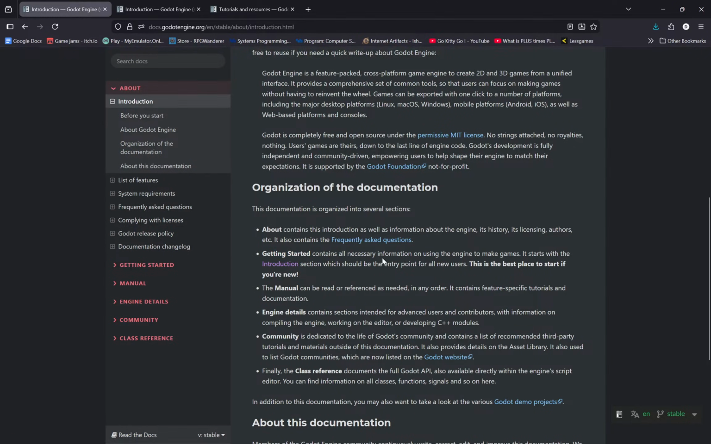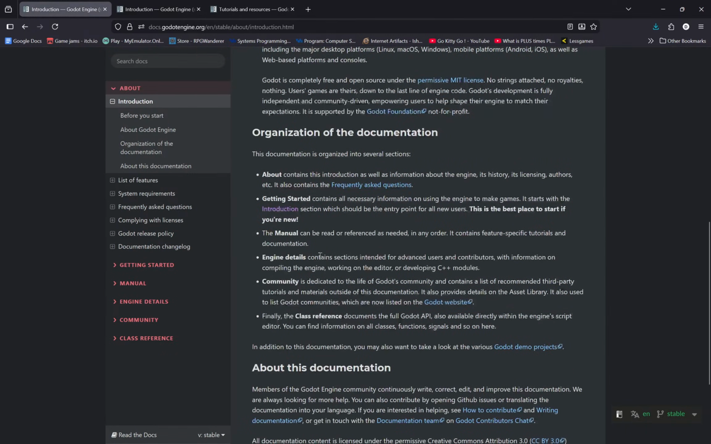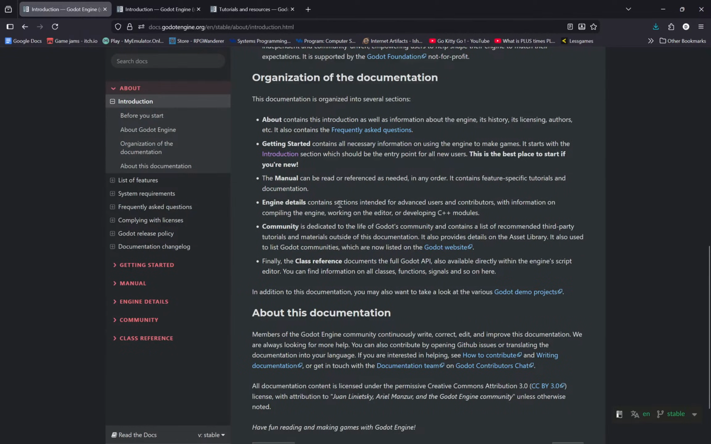Getting started contains all the necessary information for using the engine to make games. Starts with an introduction. This is the best place to start if you're new. Manual can be referenced as needed, in any order. It contains feature-specific tutorials and documentation. Engine details contains sections intended for advanced users and contributors with information on compiling the engine, working on the editor, or developing C++ modules. Community, dedicated to the life of Godot's community, with third-party tutorials, materials outside of the documentation, and